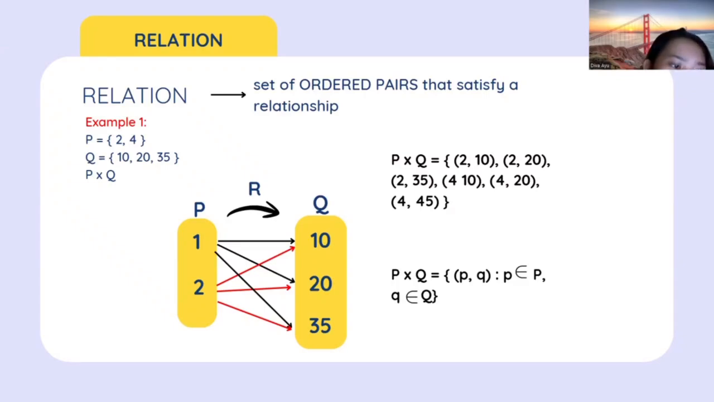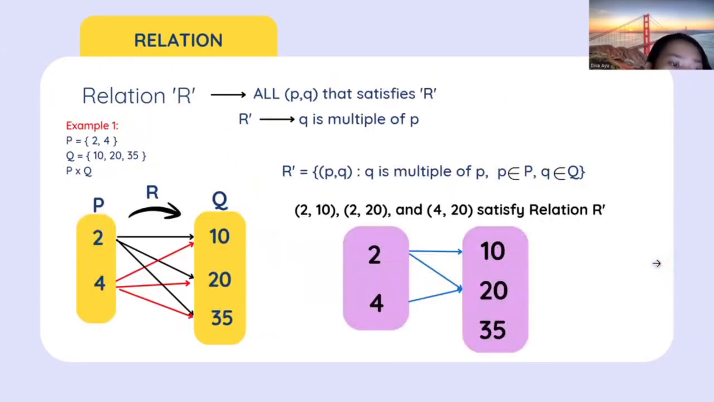We get six ordered pairs of the form (p, q), where every p belongs to P and every q belongs to Q. That's how we can write the set builder form. Next, now let's introduce a